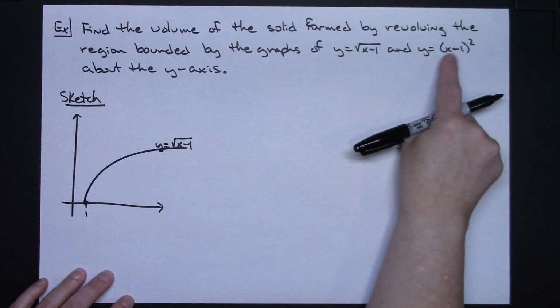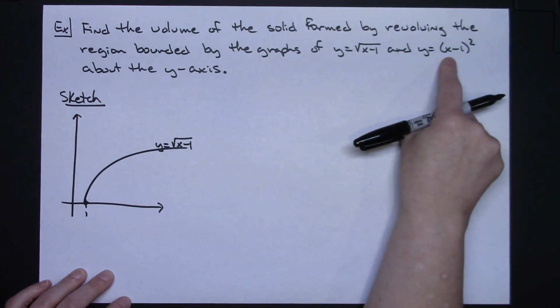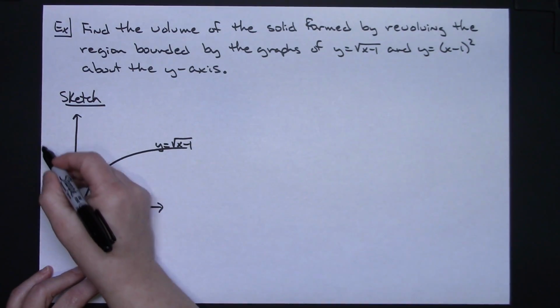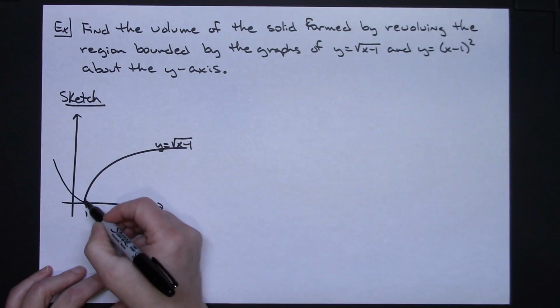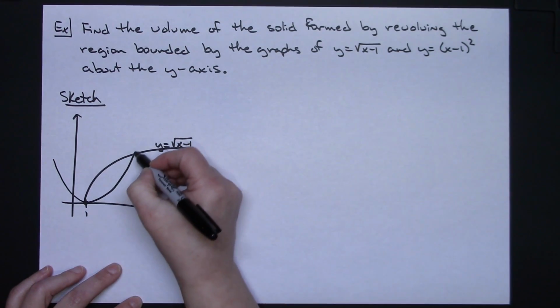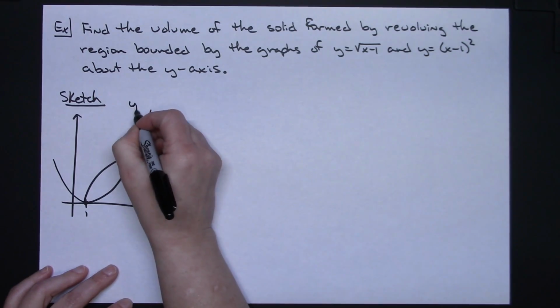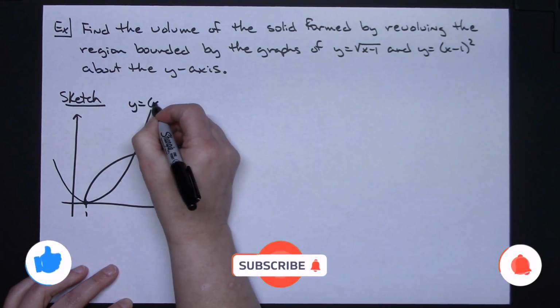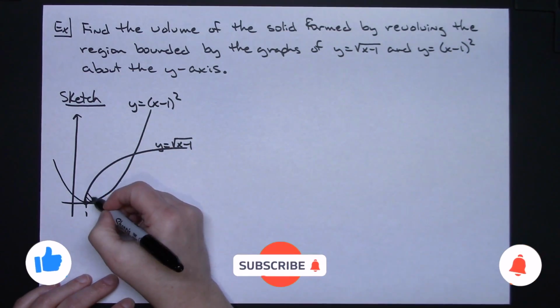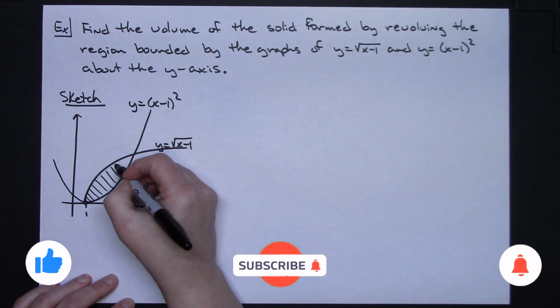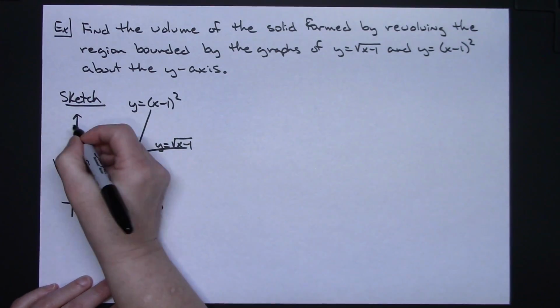It's going to also be shifted 1 to the right, an upright parabola. I'm not really concerned with this part of it. We'll put it on there just so you can see it is a parabola with a vertex at 1. And there is the y equals x minus 1 quantity squared. So my region bounded by those two curves is right in there, and I'm revolving around the